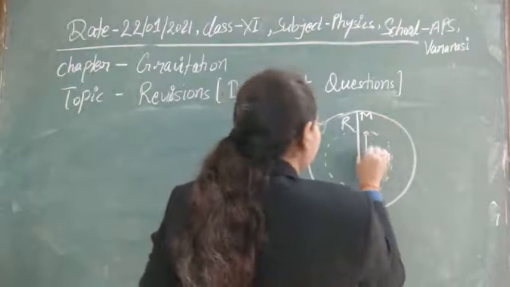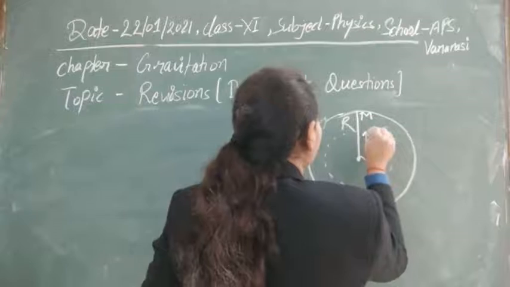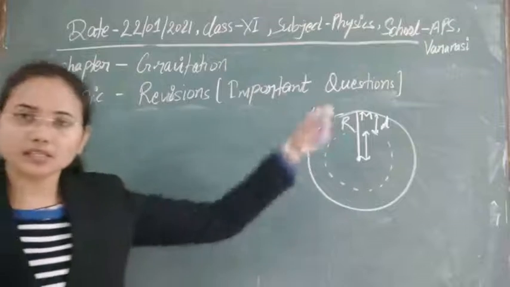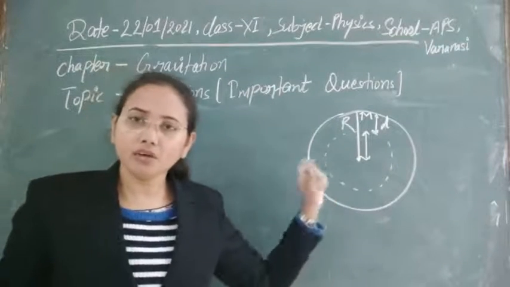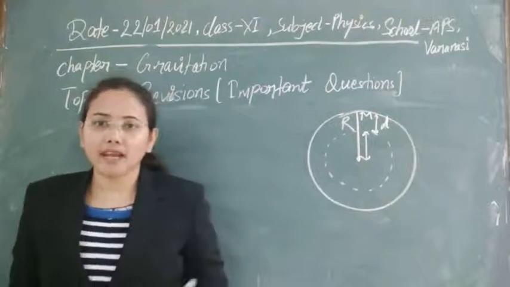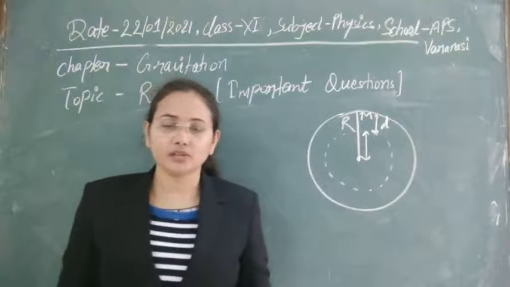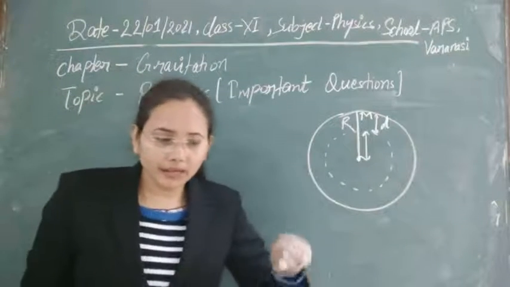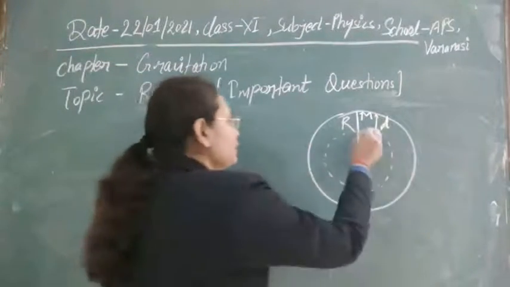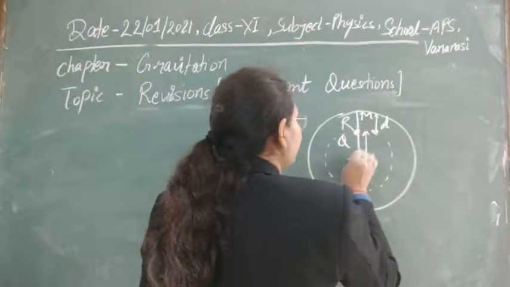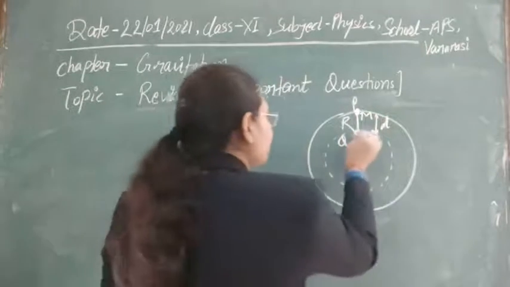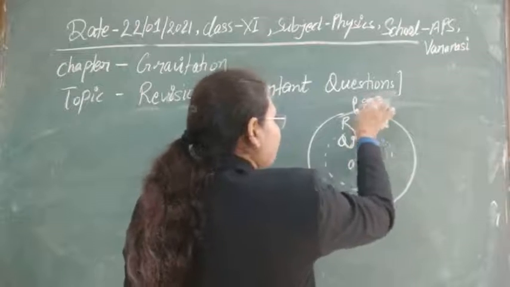Suppose we have gone some distance d, meaning some depth d from the surface. Here we are always talking with respect to the surface. As we have the value of g at the surface as 9.8 meters per second square, whenever we go into depth, suppose at depth d we have to find out the value of gravity. Suppose this is point Q, this is O, this is P, and we are moving from point P to Q inside the Earth, and at that time suppose the gravity here is g dash, and here the gravity is g.